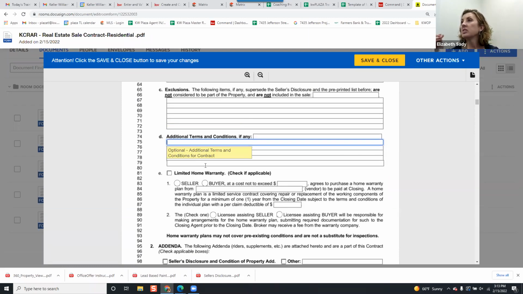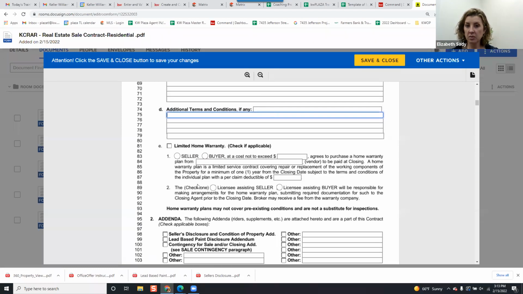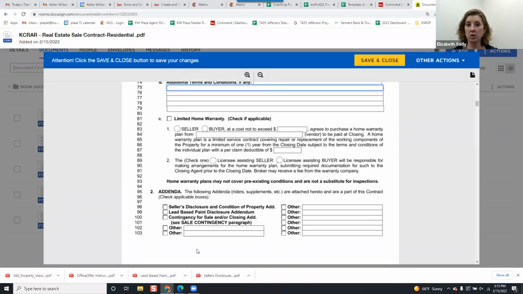There's a different specific waiver that you're going to use. But could we put that there, or no? Nope, because you include the addendum. Okay, correct. So then if you're going to do a home warranty,